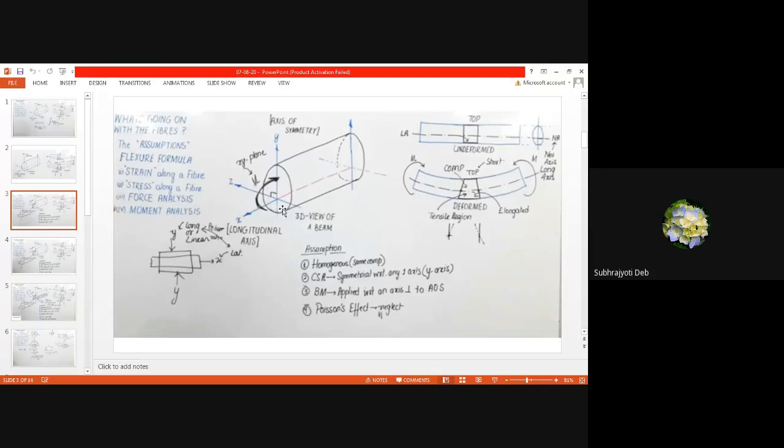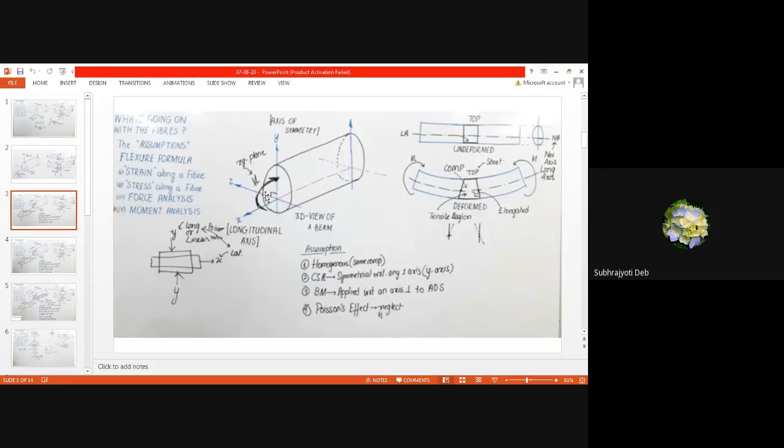That is, we'll calculate the bending moment with respect to these axes. That is the z-axis. This is actually a 3D view, that's why you have to understand this. So the beam will bend this way and this way. If this is the z-axis, the bending moments are calculated with respect to the z-axis. The beam will elongate with respect to the x-axis only, but the bending moment will be calculated with respect to this